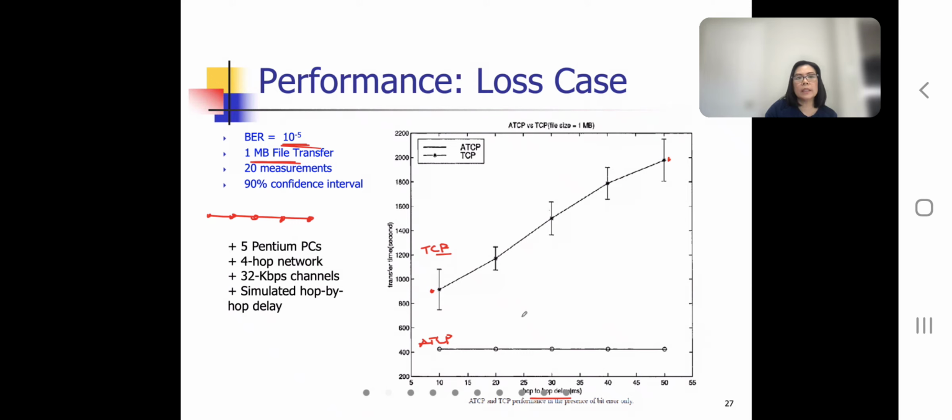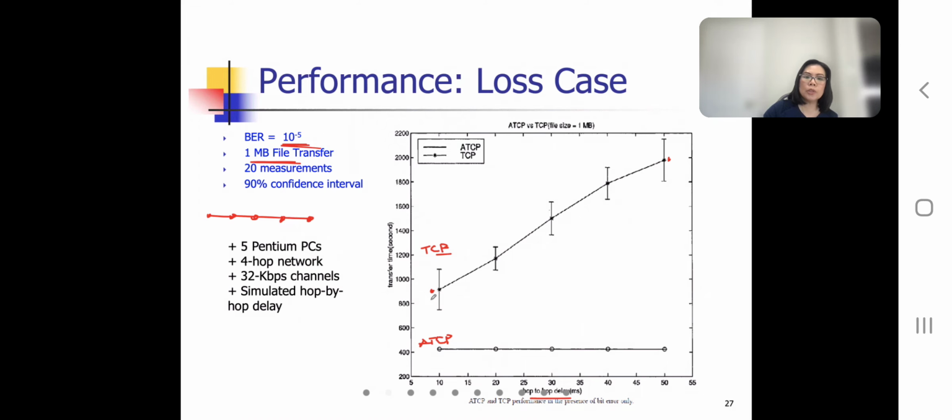So that's one observation. The second observation is that ATCP basically has an unchanged transfer time, so it's basically constant. But for TCP, as the hop delay increases, the transfer time increases as well. That means ATCP is scalable, in the sense that you increase the hop delay but the performance doesn't change. TCP is not scalable, in the sense that as you increase the hop delay, the transfer time also increases, okay? And the reason for